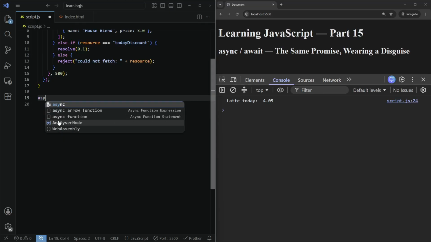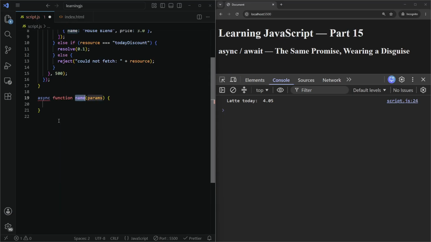Let's do an async function getMenu with no params, and inside here we are gonna get the menu, await, like we did on the last example, myFetch, because myFetch returns a promise instead of the .then and stuff, the whole thing we did last time. Menu,